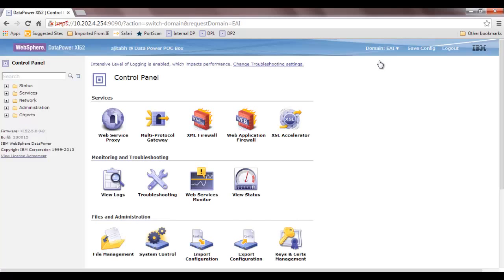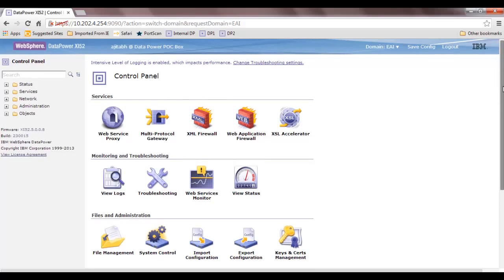It's a little bit slow, and that's why I refrain from changing the domain each time I'm telling you what to do and where to look. So for example, I'm in the EAI domain. If I go to the file system,